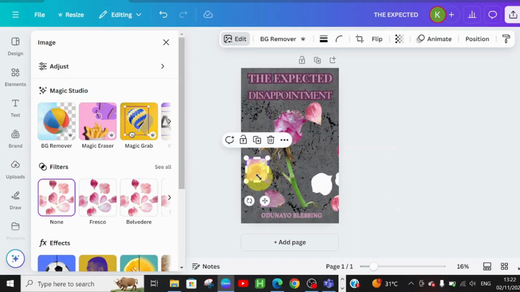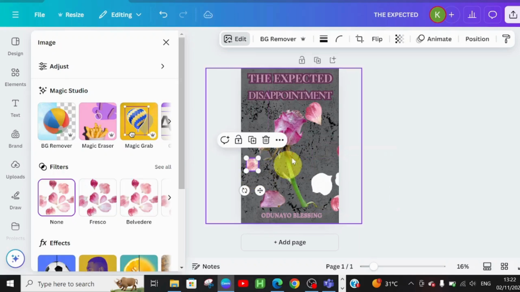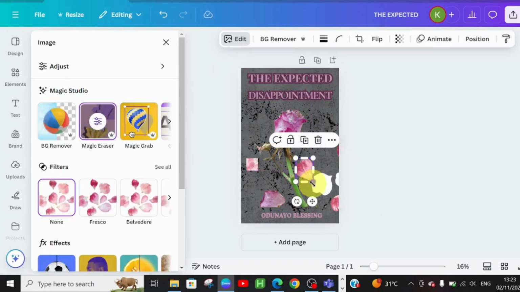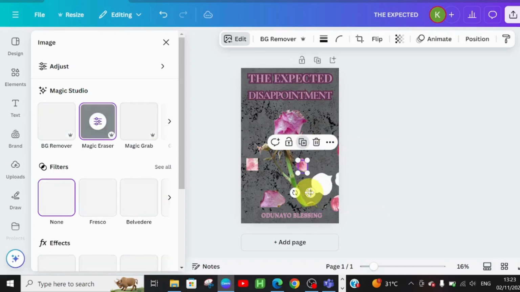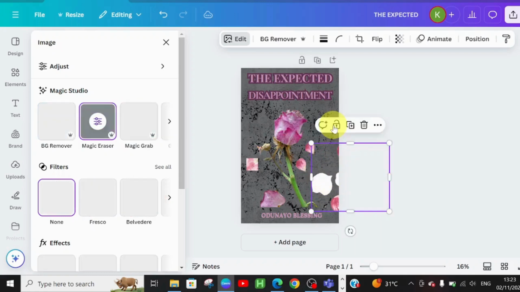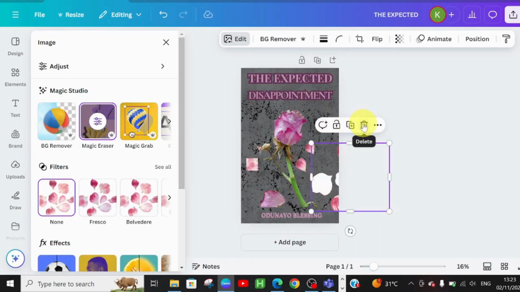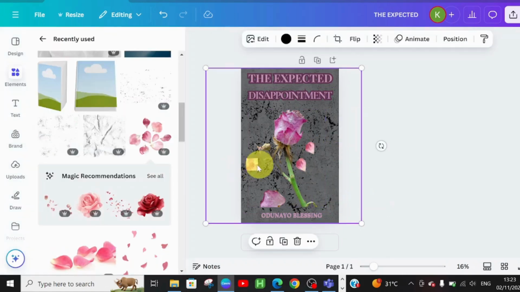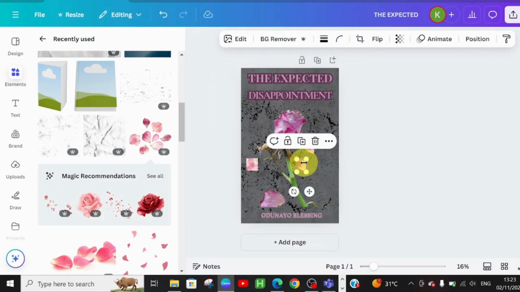So I'm just going to resize this and come here, bring this one down and resize too. I want it as small as it can be. So I'll go ahead and duplicate. Now I'll just delete this. I already have 2, but I'm going to go ahead and duplicate each of these ones. So duplicate,